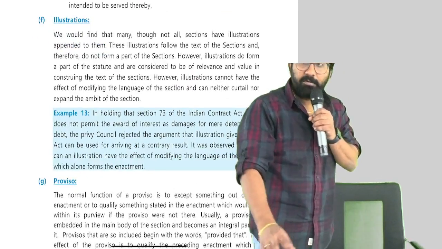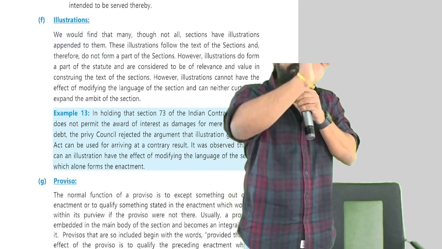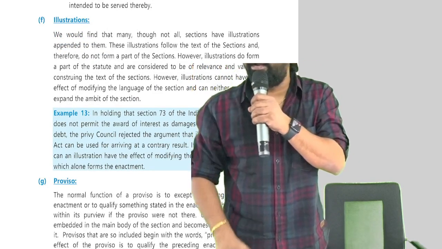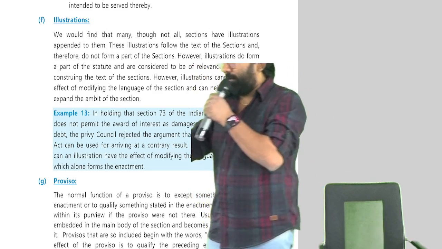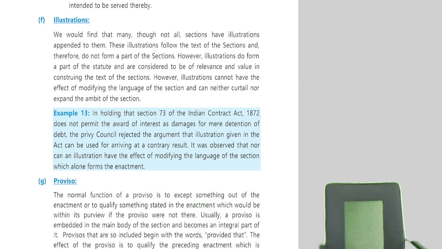How many are completed now? 8 are completed. Totally how many do we have to read? 9. What is the only thing I didn't cover now? We are not even going to cover that now. That requires some sort of explanation. We'll discuss later. Up to here, everyone understood all the internal aids clearly. It is time taking; the remaining are very easy to understand and complete. The main content of this chapter is in one area: internal aid. That itself is 4.5 pages in your notes, which we summed up into 8 points totally.